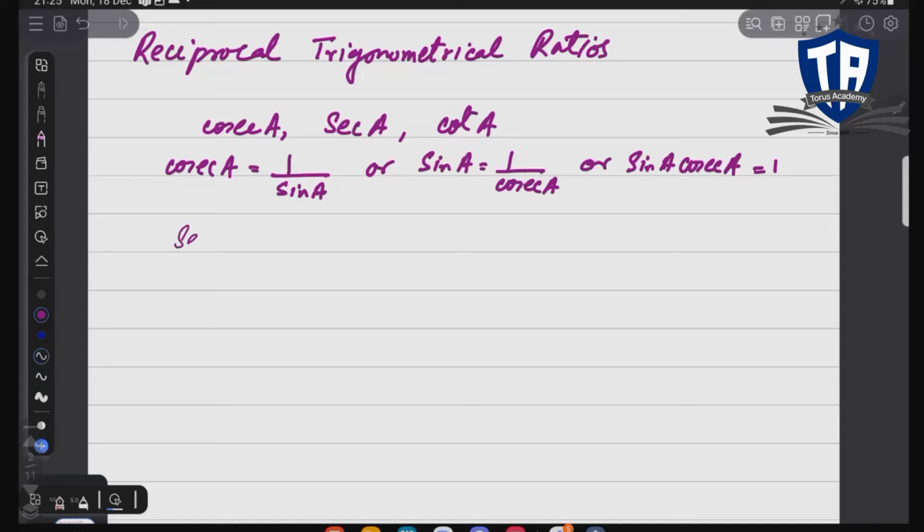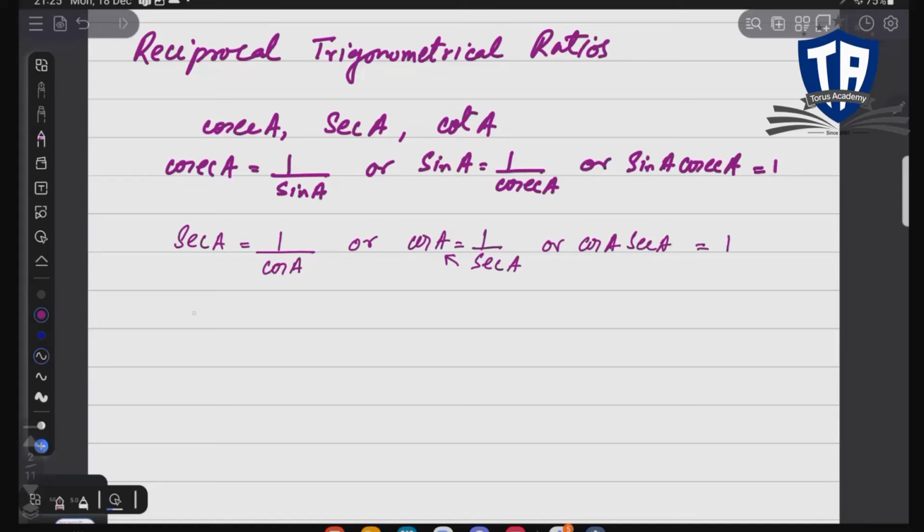Likewise, secant of an angle A is equal to 1 over cos of an angle A. Secant of an angle A is the reciprocal of cos of an angle A. Similarly, we can write cos of an angle A is equal to 1 over secant of an angle A. Also, if we cross multiply cos of an angle A with secant of an angle A, then